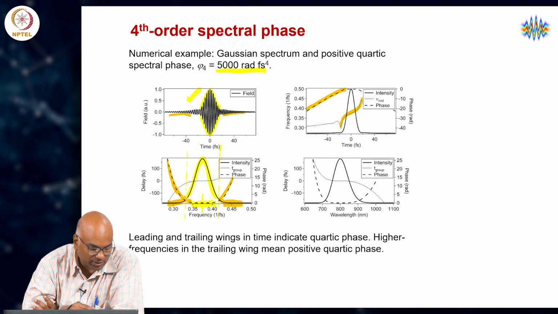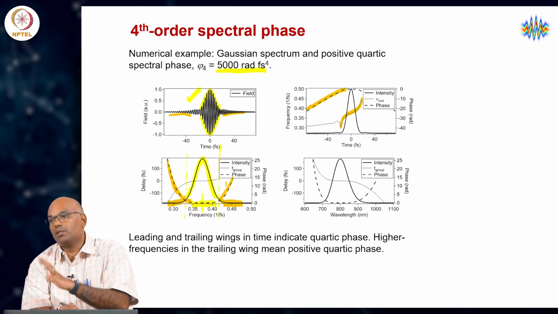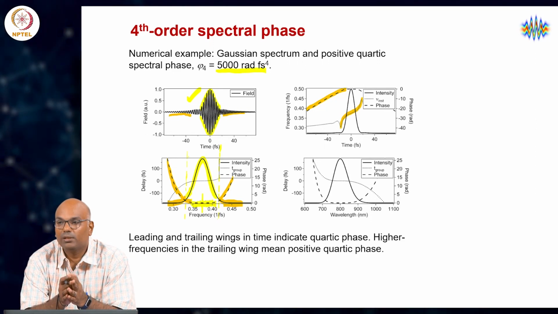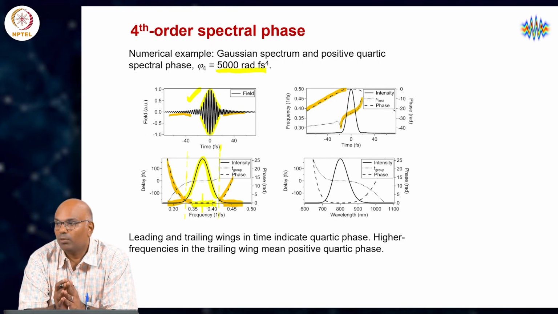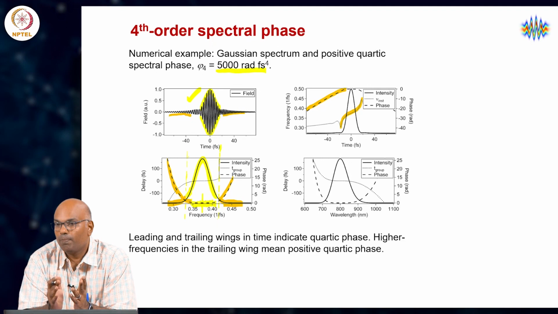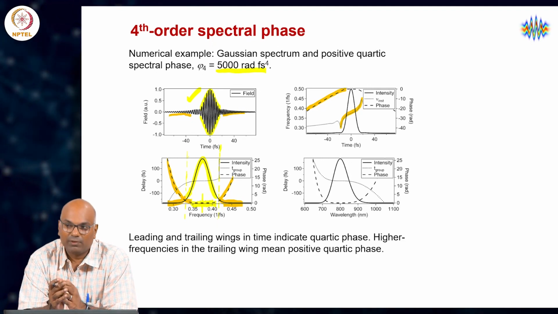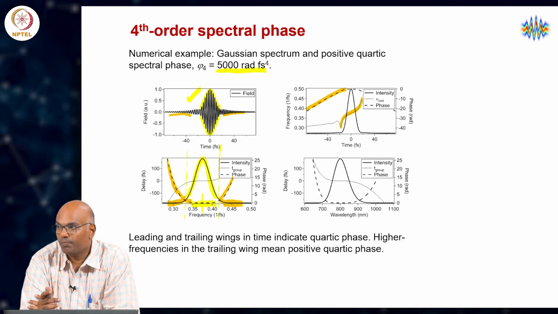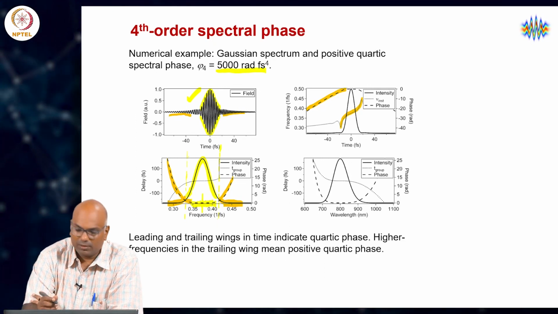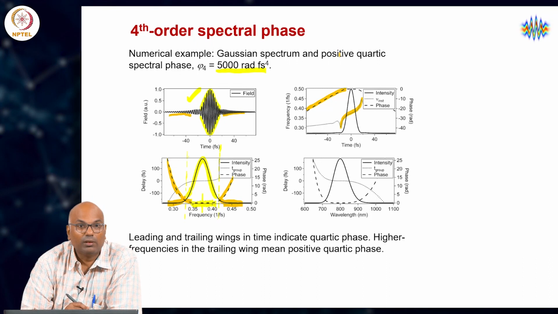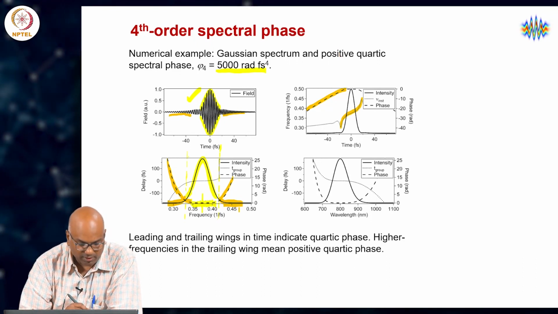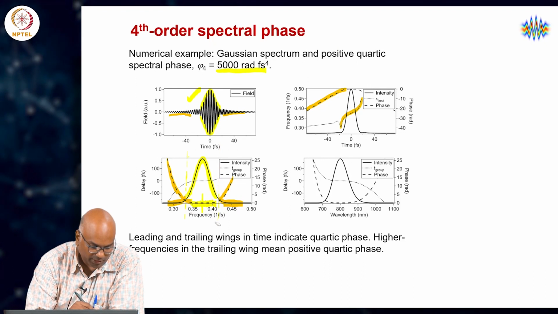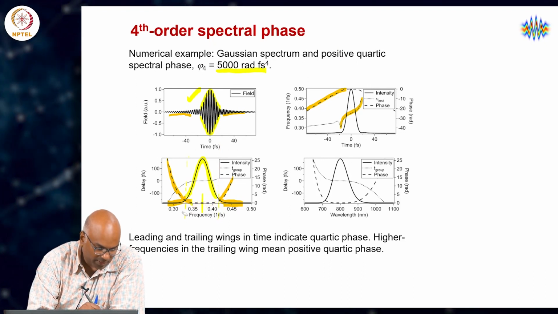desirable, can be blamed on the fact that the pulse has such a large bandwidth, and for some reason the phase function here is not linear, which is really the case. It is easier to distort a broader band pulse and make it collect a quadratic chirp as compared to a pulse which is broader in time and has a narrower spectrum, just by things like mere propagation. Anyway, that is sort of an interpretation that we can think of for why these wings are